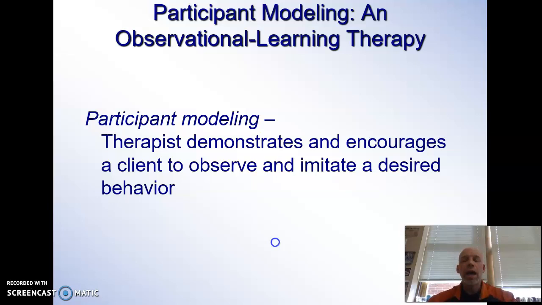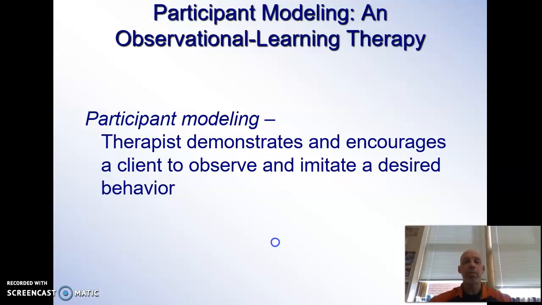Participant modeling. Albert Bandura actually worked with people that did have a severe fear of snakes, and what he used was his behavioral learning concept. He would take people that weren't afraid of snakes, or, and this is even stronger, take people that used to be afraid of snakes but can handle the snakes now, and take the patients that are currently afraid of snakes and watch another person handle a snake. Through behavioral modeling, they'll become more comfortable with handling the snake themselves, and eventually that anxiety will go away in dealing with their own fear, simply by watching somebody else.